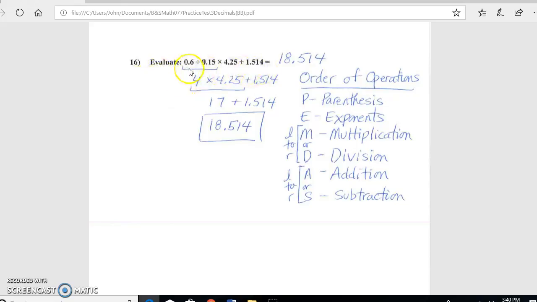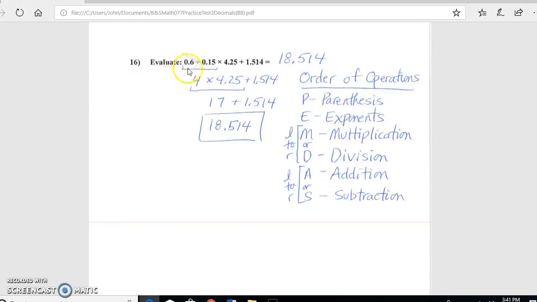Now, anytime we have these different operations all together, we have division, multiplication, addition, and so on, we're always thinking in terms of the order of operations. Parentheses, exponents, multiplication and division together left to right, and addition and subtraction together left to right. So I've listed those out here for you, and if we were to do it according to the